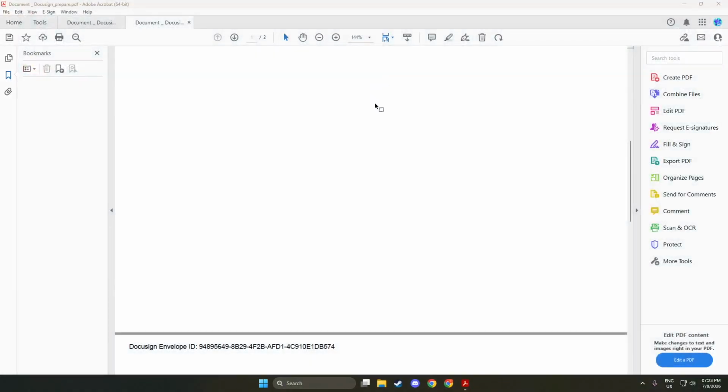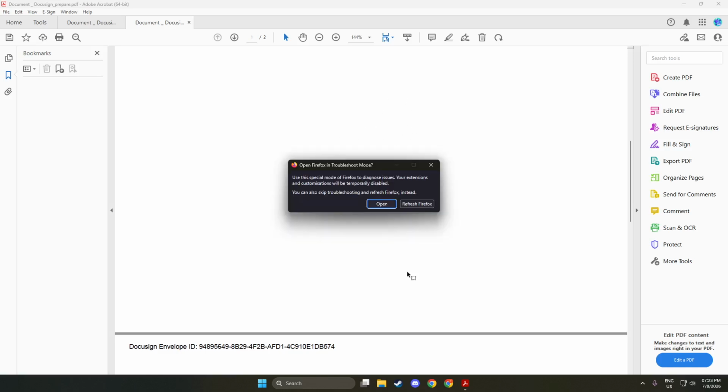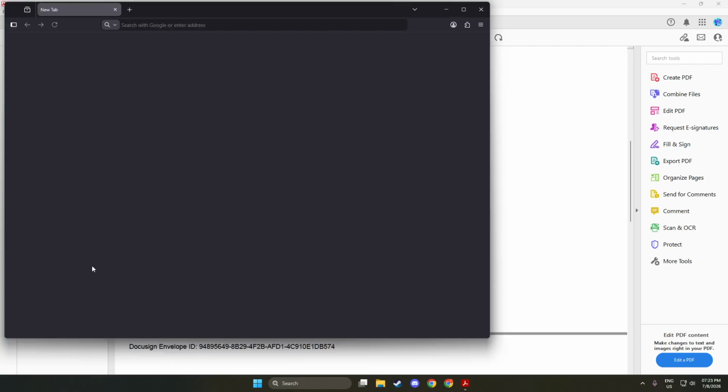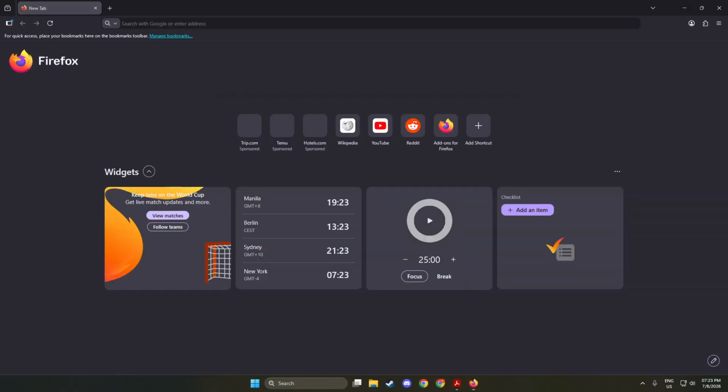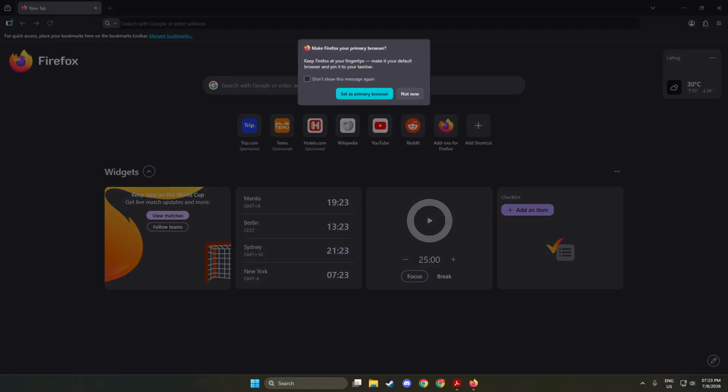Now click on Troubleshoot Mode. A prompt will appear giving you the option to restart Firefox in this mode. This action is critical as it helps to isolate problems. When you restart in Troubleshoot Mode, Firefox will disable all extensions and custom settings, providing a clean slate. This allows you to see if the problems persist without any added tools or changes. Once you click on the Restart button, you can be assured that this will help you diagnose the issue effectively.